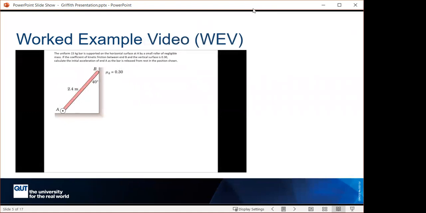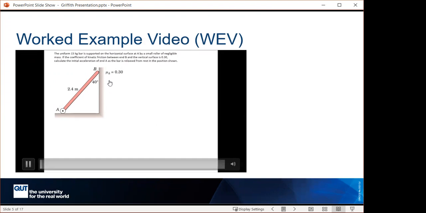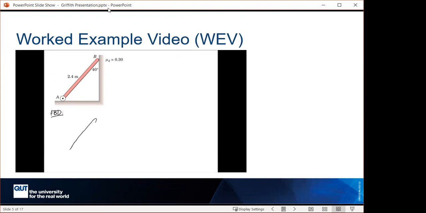So this is just an example of one of the worked example videos that I made right back at the beginning for dynamics. It's working through the answer to that problem with the bar falling down the wall. So I'm just going to click play on this. It's a sped up version with no sound, but basically what it's doing is working through step by step where